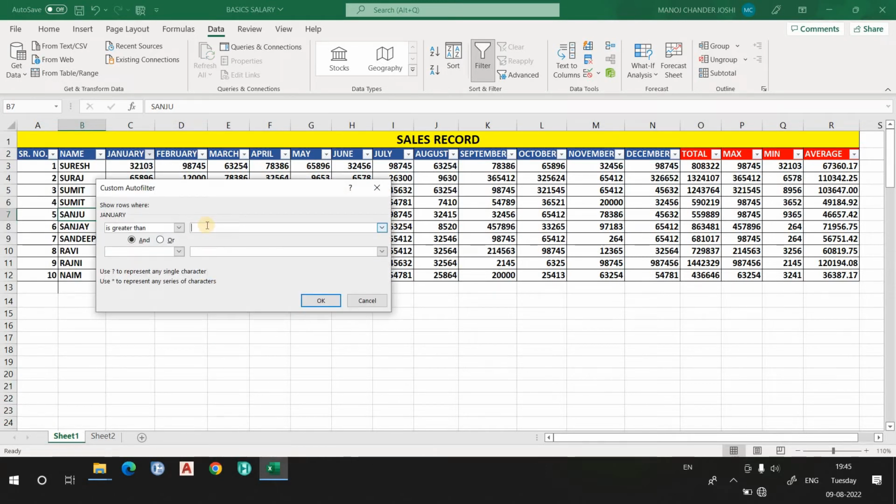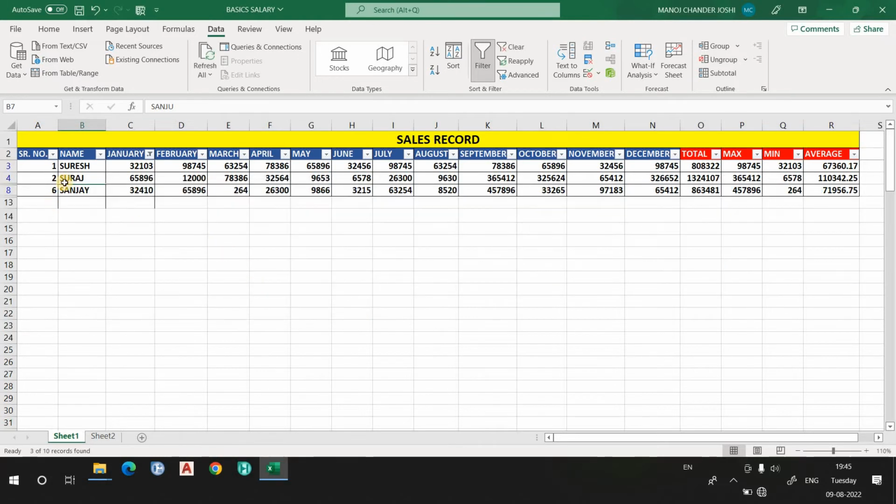You want the information of those employees whose sales were greater than 25,000 in the month of January. Just click here, and you will find there were only 3 employees, Suresh, Suraj and Sanjay, whose sales in January were greater than 25,000. Got it?